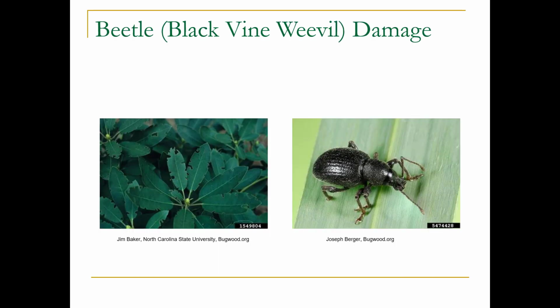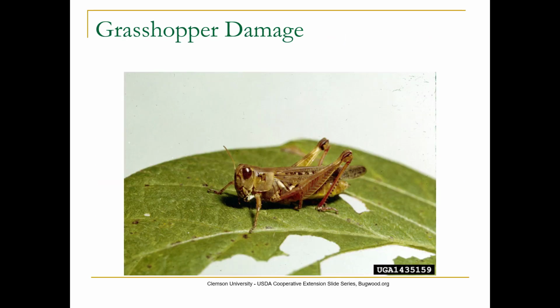Okay, this particular root weevil is a black vine weevil. It's a beetle, and for the most part, it's really just damage on adult foliage, not on roots. The soil is too cold in our area for the larvae, which lives in the soil over the winter, to do much damage to woody plants. It will affect things like heuchera, very much susceptible to root weevil. Here's a red-legged grasshopper, mostly on the east side of the mountains, but you will see them on this side.